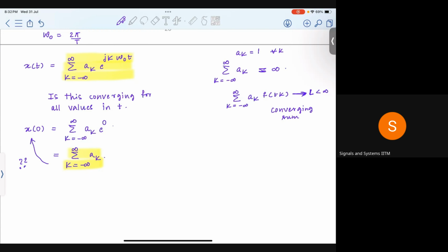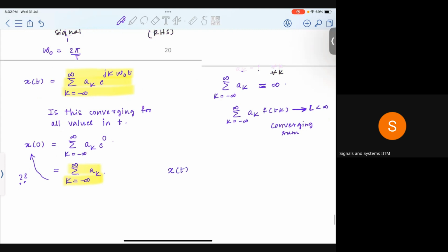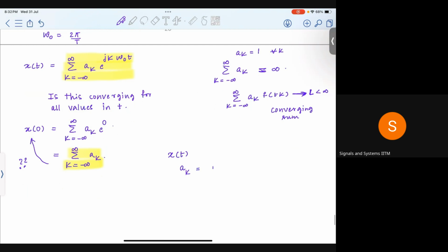So we are writing some nice representation, which is good. We are finding the Fourier coefficients, which is also good. But now the question is, you're trying to find your ak's from any given signal x of t by using this representation: 1 by T integral from minus T by 2 to T by 2 of x of t e power minus jk omega naught t dt. So you're finding your ak's like this. Once you find your ak's, you're trying to represent your given signal in this particular form,